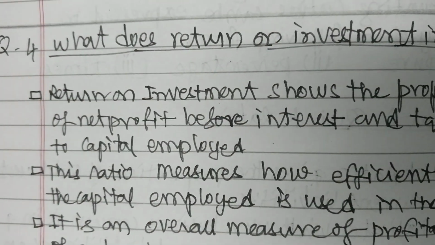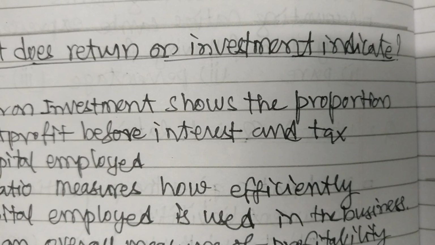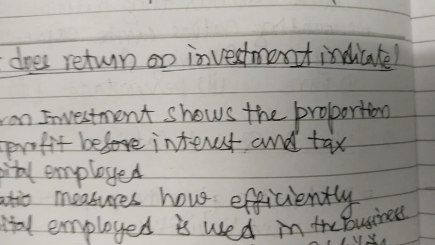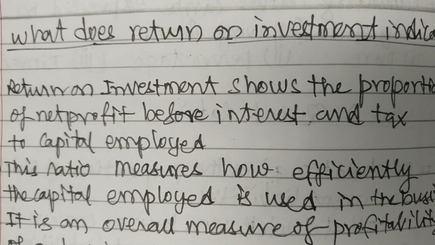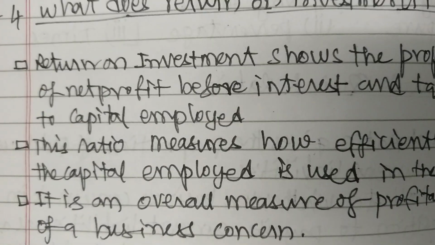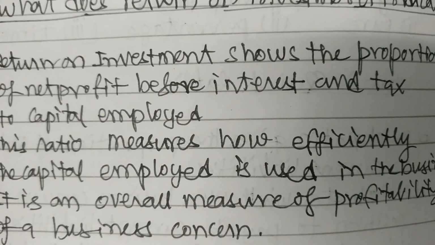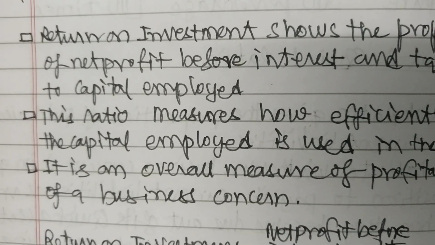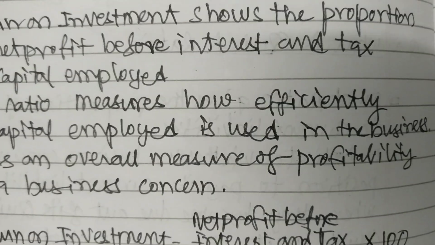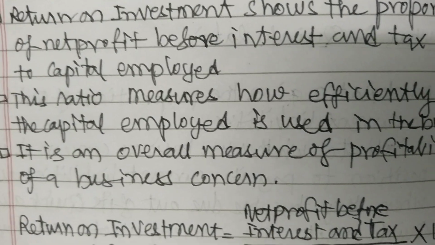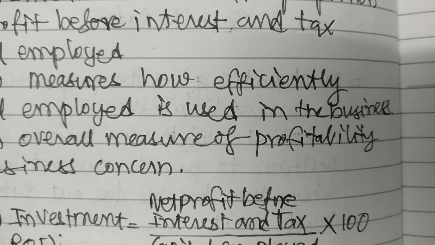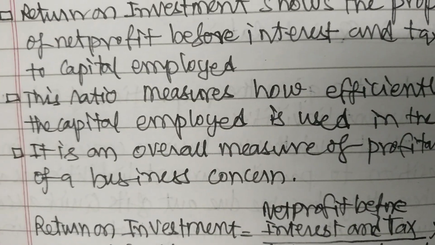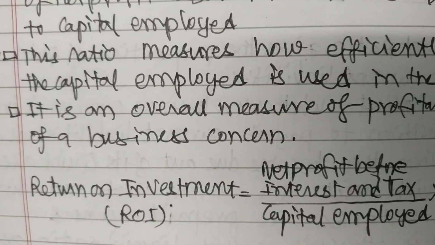What does return on investment indicate? Return on investment shows the proportion of net profit before interest and tax to capital employed. This ratio measures how efficiently the capital employed is used in the business. It is an overall measure of the profitability